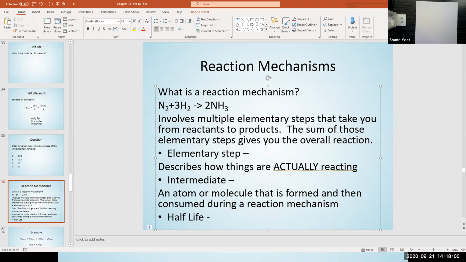So as was being described, you can have these elementary steps that make something and then that thing is later used. Those things are called intermediates. So intermediates will appear in your reaction mechanism, okay? And they're given the term intermediate because they exist intermittently. They exist for only short periods of time as they're being produced and then consumed quickly during the chemical reaction,